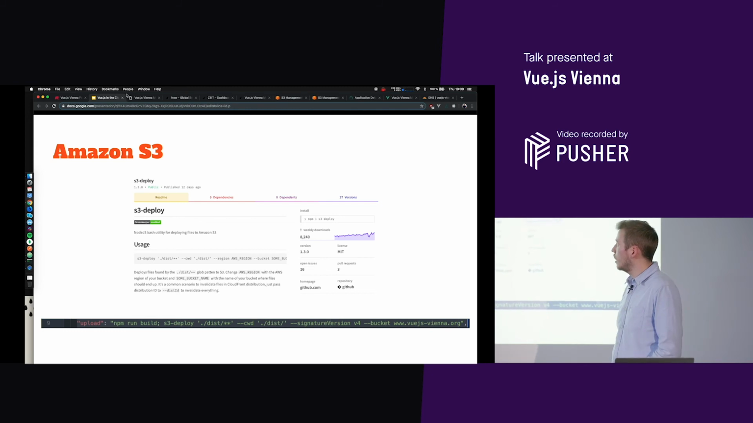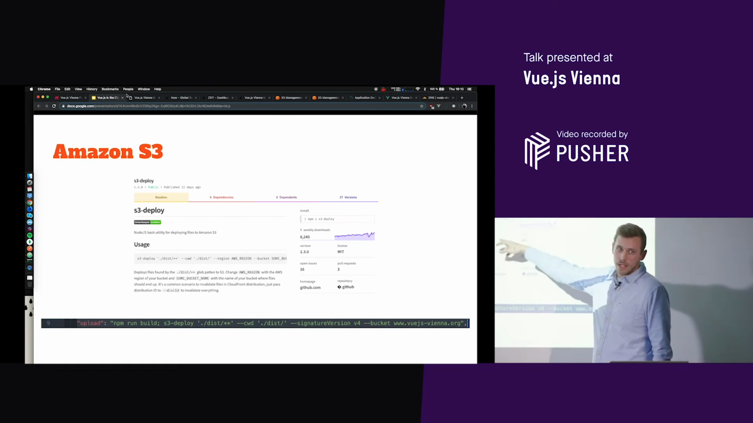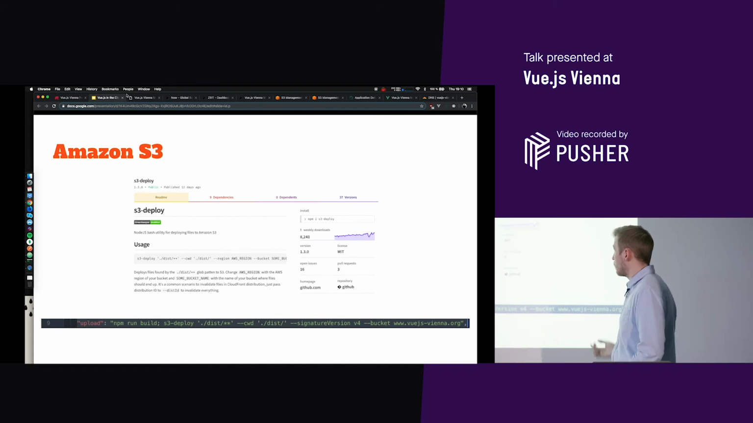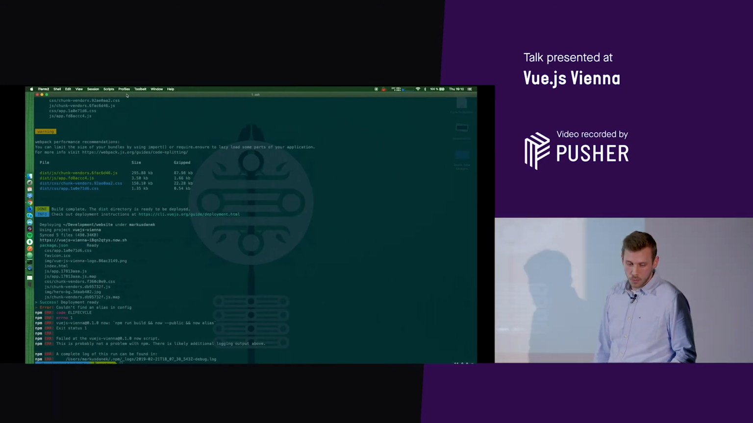Git repository. So I personally can recommend this npm package. You can see it's getting downloaded a lot of times per week, and it's kind of famous. So you just install it in your repository, npm install --save s3-deploy. And we also created